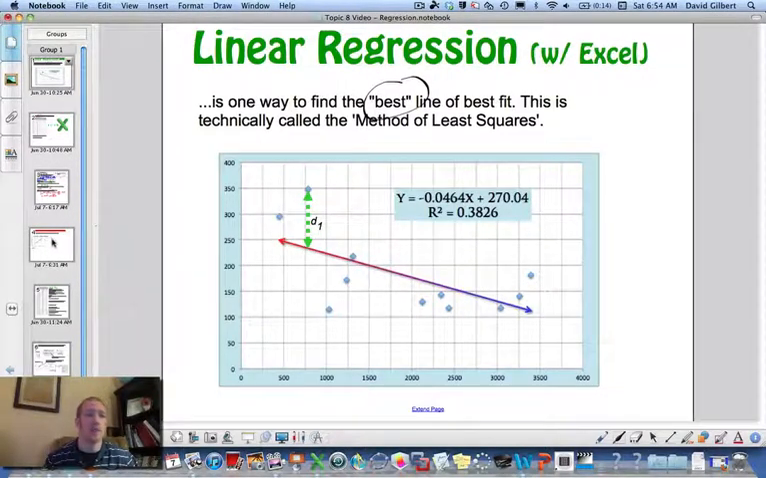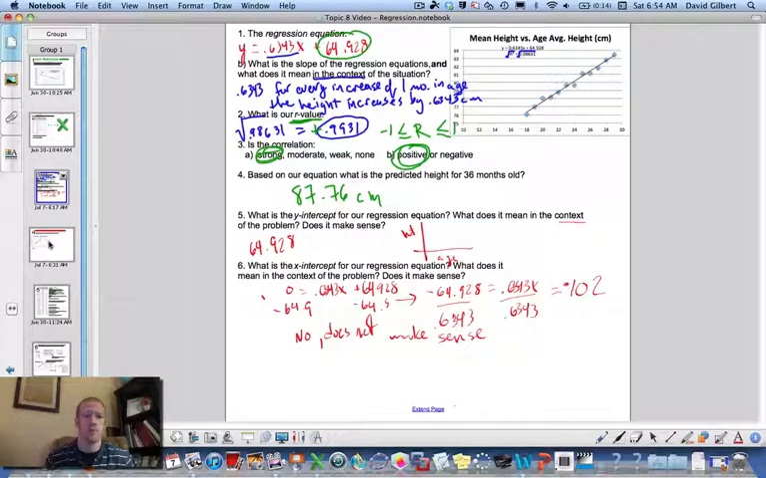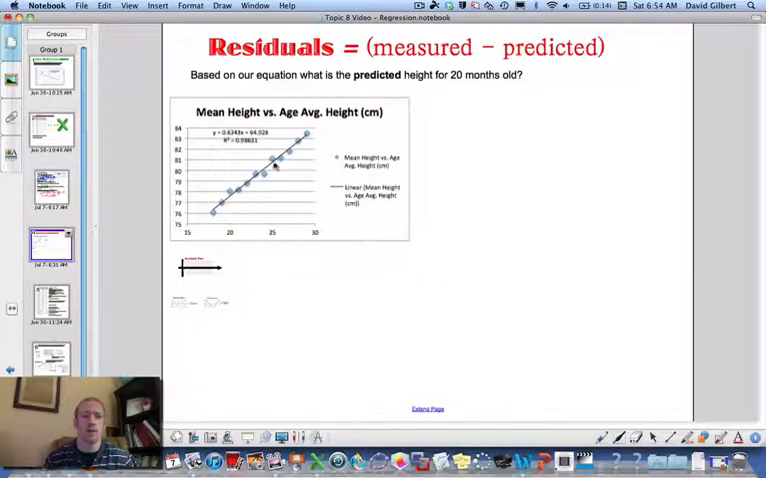So lastly, we're going to talk about the residuals, which is a pretty simple concept, okay? So let's look at